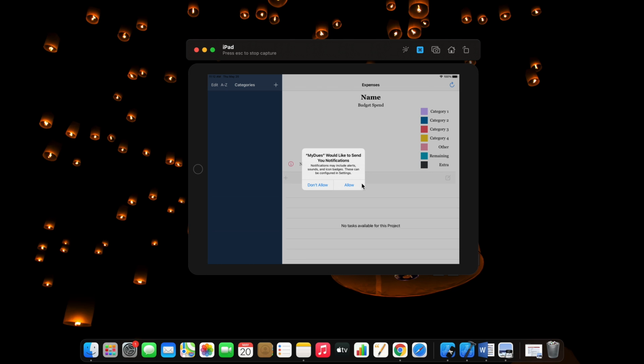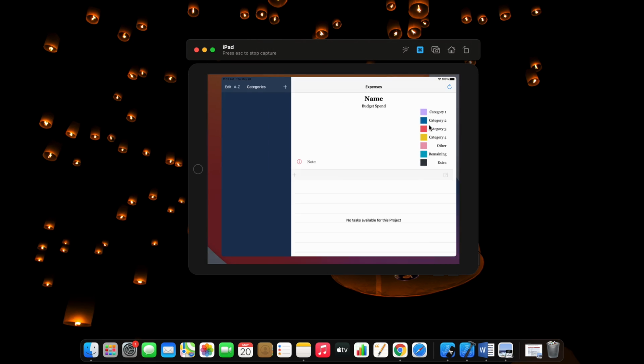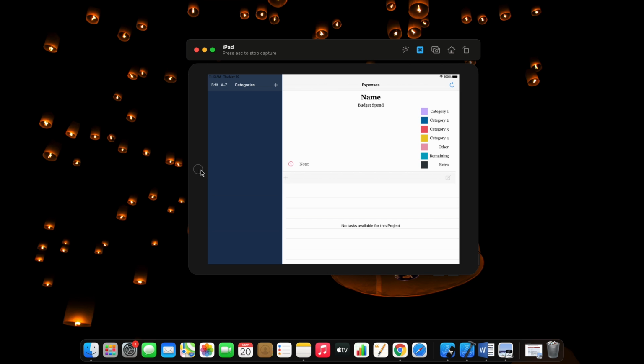This application makes reminders about the due dates of the expenses, so it needs permissions to send notifications, and that's why it's asking for these permissions, and I'm going to allow it. And this is my application icon, and I have named the application My Dues,